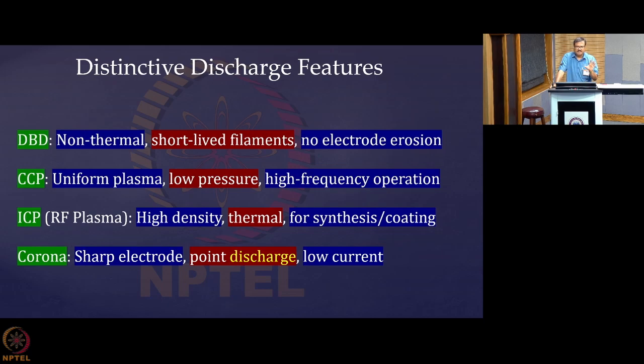So, these are some very typical features that you can keep in your mind, freeze in your mind, so that whenever you see such kind of devices, these are the typical features that you are going to have. Of course, there will be exceptions, and you can deviate from one design to another design in the same device sometimes, and you can get a feature which is different from usual features. So, they are actually the research areas where people are trying to explore. I am not going into all those details, but these are the typical features that you will find in the kind of devices that are discussed here.